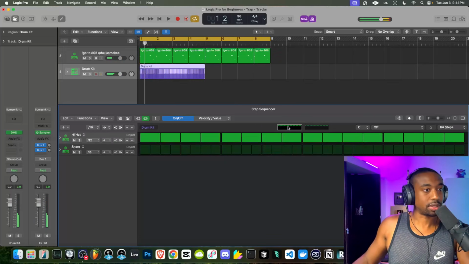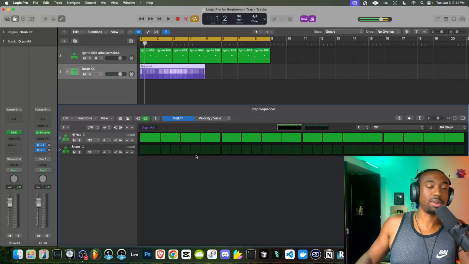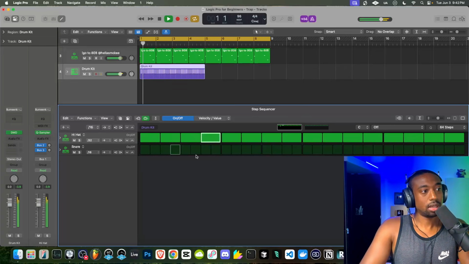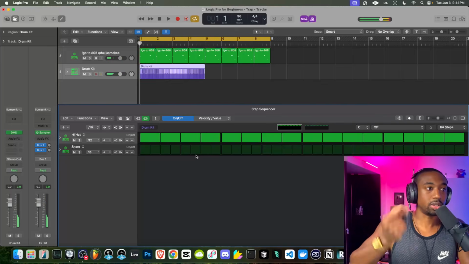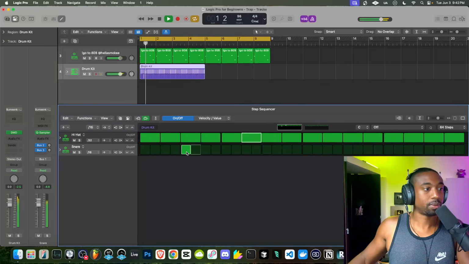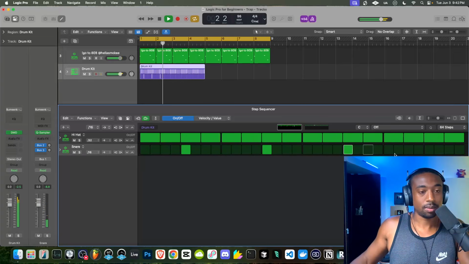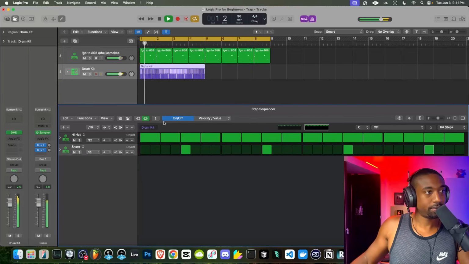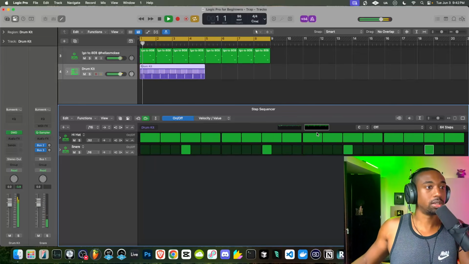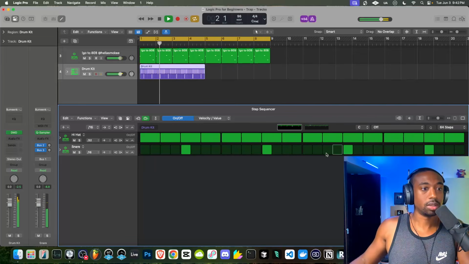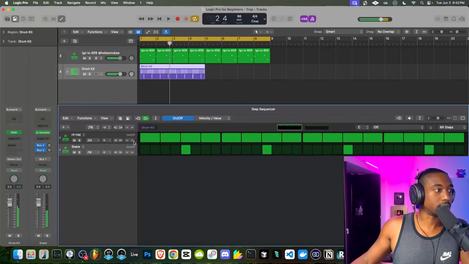Okay, so let's go back to this first tab and let's add in our snare. The snare usually goes on the 3 and the 7 count. Because we're at 96 BPM, we're not really in trap territory. So we're going to put the snare on the 2 and the 4. So it's 1 and 2 and 3 and 4. Let's see what happens. There we go. So let's keep adding these snares. All right, so just count the metronome. It's 1, 2, 3, 4, 2, 2, 3, 4. So that's where the snare goes in this case.